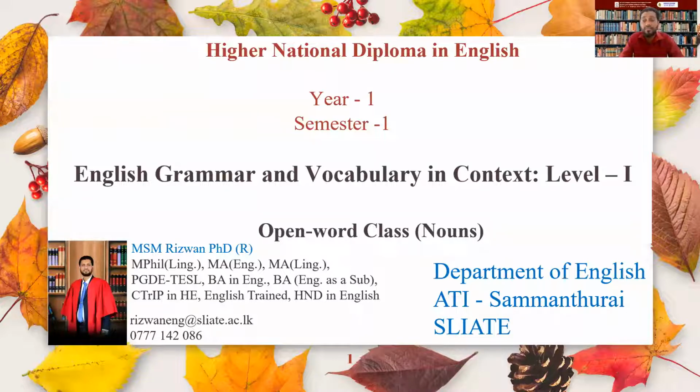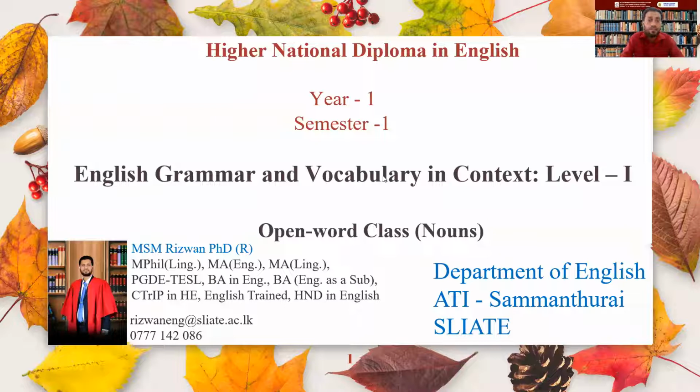Dear students, ladies and gentlemen, since you are students of HNDE, Finance and Diploma in English, you know English grammar and vocabulary in context level 1 is one of the course modules prescribed in your new revised curriculum. Under that, today we are to discuss the open word classes in English. Under this topic, we'll be focusing attention on